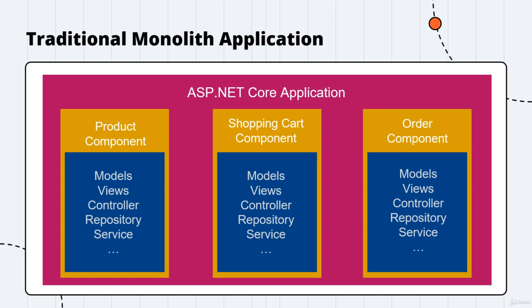We will first understand how a traditional monolith application would look like. So if you have a big shopping cart application, you will have products, you will have a shopping cart that you can save in the database, and then you will have an order component. So in a traditional ASP.NET Core application, all of them will have their own models, views, controllers, but everything will fall under one application. You can use areas, create new folders, and get fancy on how you organize everything, but